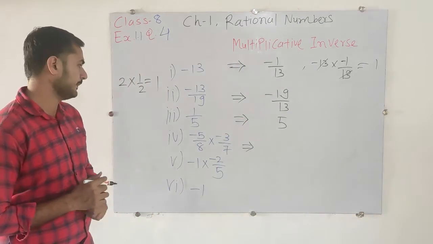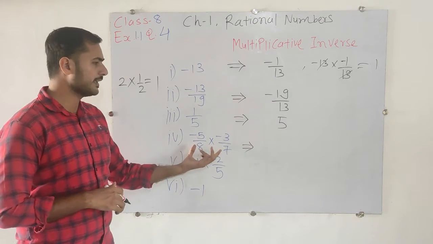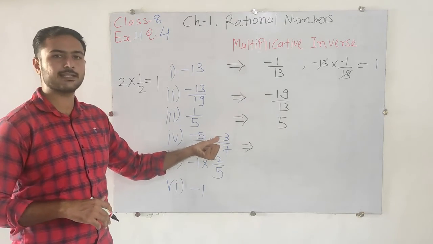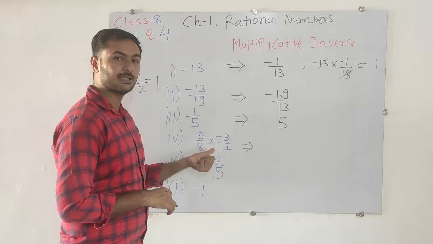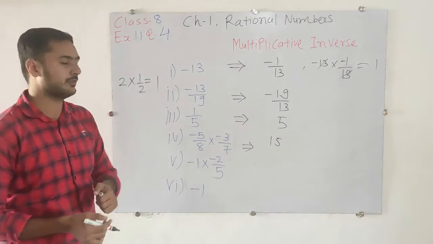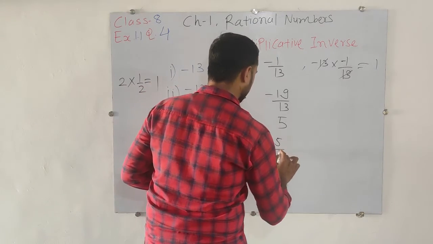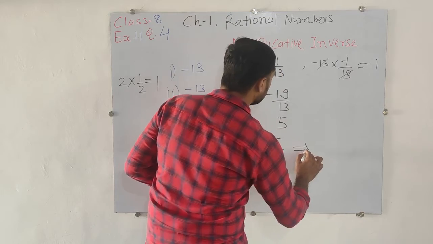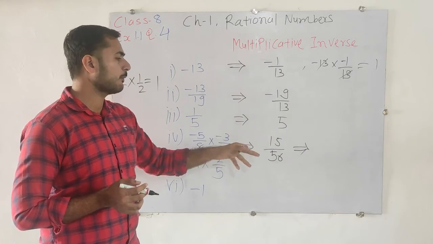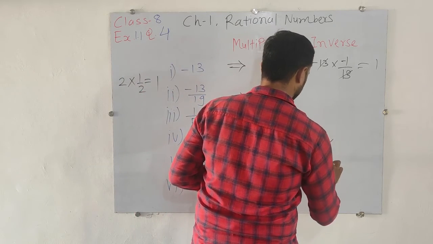Now the fourth one is something different. Okay. Directly we cannot solve that. First of all, we need to simplify the problem. Here is minus 5, here is minus 3. So 5 threes are 15 because that is a multiplication sign. So that is 15, minus minus plus. It means that is plus 15. And in the denominator, that is 8 and 7. So 8 sevens are 56. Now we have to write down the multiplicative inverse for 15 upon 56. That will be 56 divided by 15.